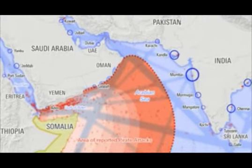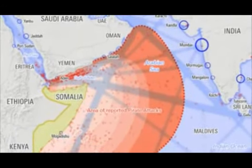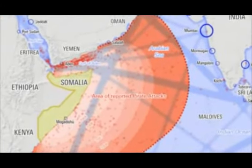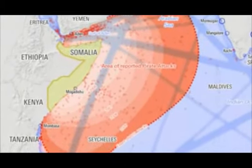Since the civil war in Somalia in the 1990s, there's been increased presence of pirates off the Somali coast. This is a large problem for the UK because 99% of the imports that come into the UK come by sea. In 2009, there were over 100 attacks on boats off the Somali coast due to pirates. The United Nations as well as NATO have tried to provide international security to try and protect the shipping off